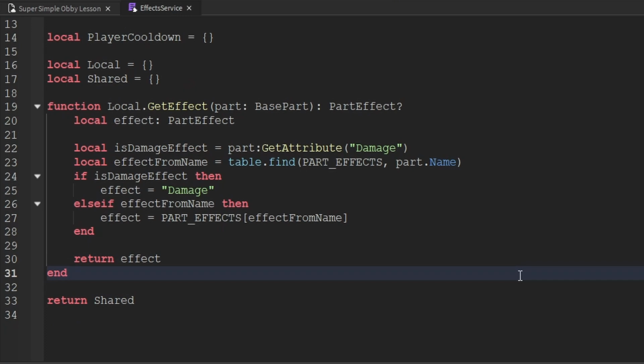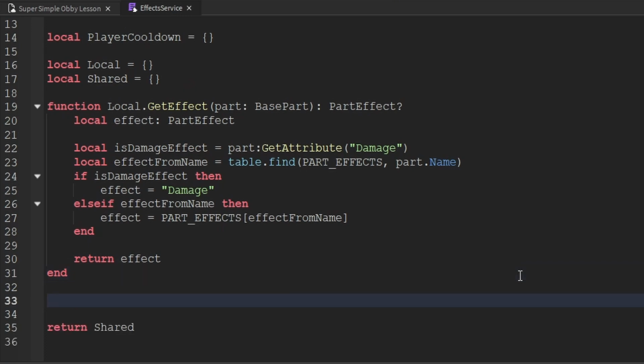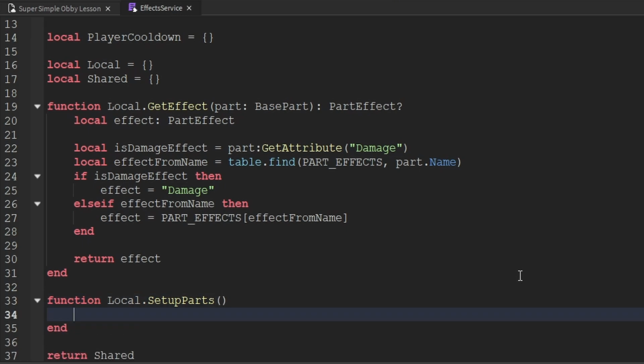Now that we've created this function, let's go ahead and create our next function, which we'll actually use for setting up all of the effect parts inside of our game. So we'll go ahead and create a function, which will be a part of the local table, and we'll call this setUpParts. Inside of this function, what we want to do is loop through all of the parts inside of our workspace. So we're going to create a variable called descendants, and that's going to be equal to